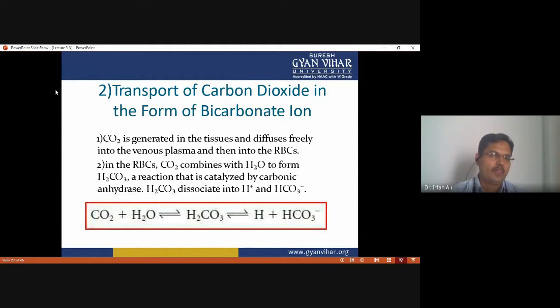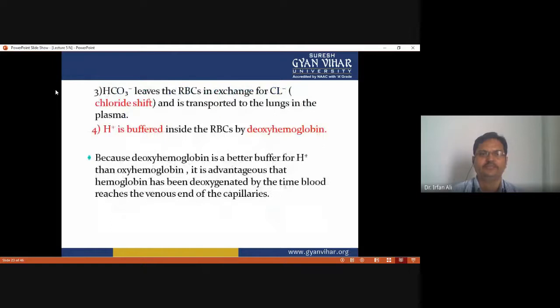In the RBC, carbon dioxide combines with water to form carbonic acid, and this reaction is catalyzed by carbonic anhydrase, which is present in the RBC, and carbonic acid there dissociates into hydrogen ion and bicarbonate ion. This bicarbonate ion leaves the RBC in exchange for chloride ion, and this exchange is called chloride shift,